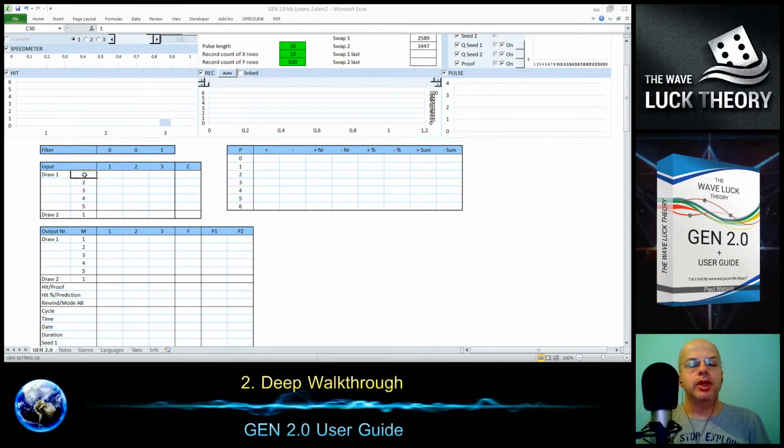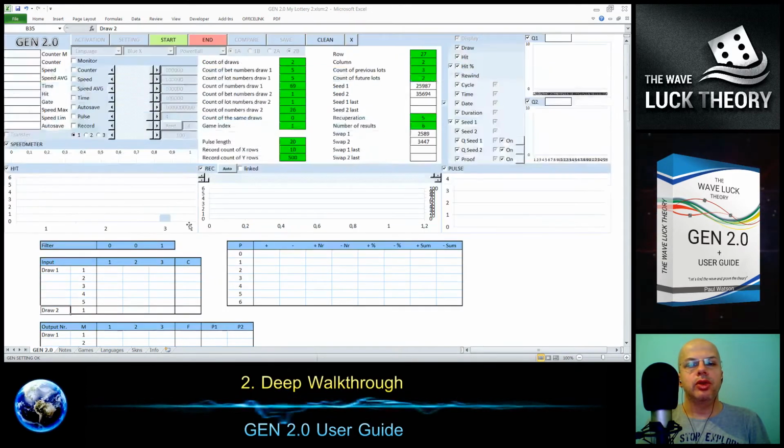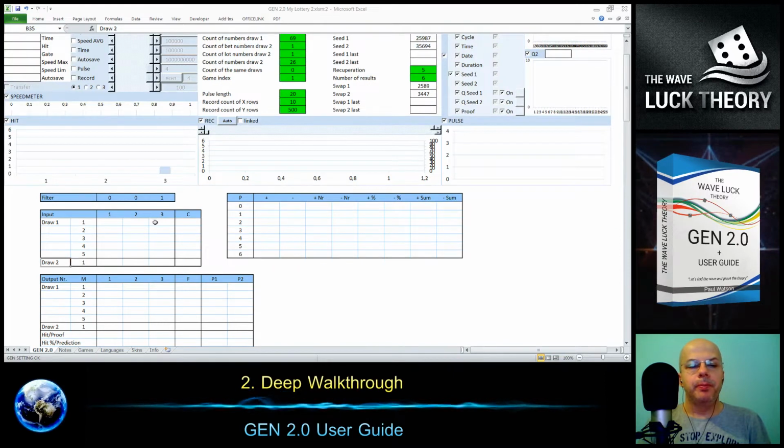So actually there are 6 numbers drawn, draw 1 and draw 2, corresponding to the lottery presets, so 5 and 1.